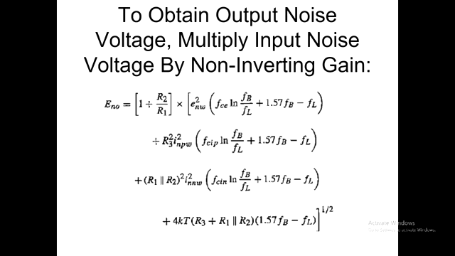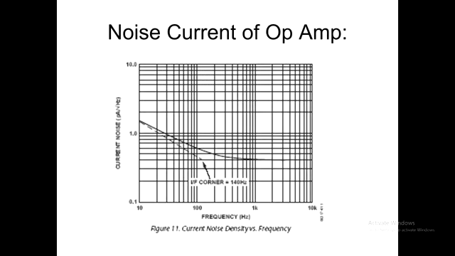Is E read from the voltage graph? Yes, E in, that's the white noise level. And how about I, because there are two I values, one for the positive and one for the negative input? We take them as equal. Obviously they can't be, but the manufacturers never differentiate, and these are typical values anyway.